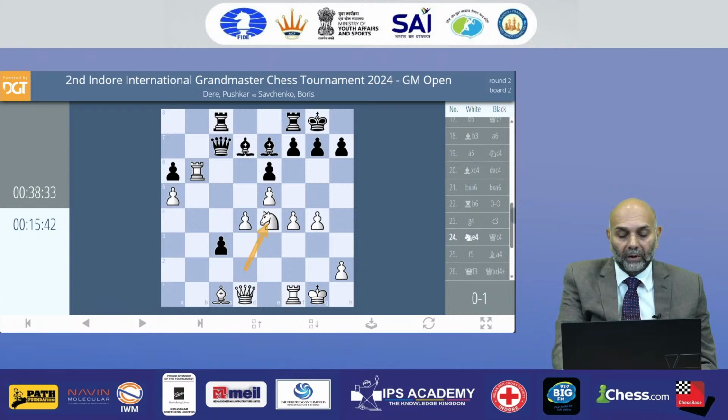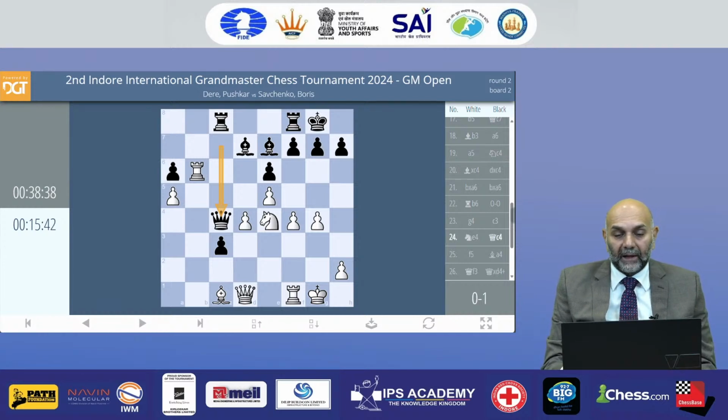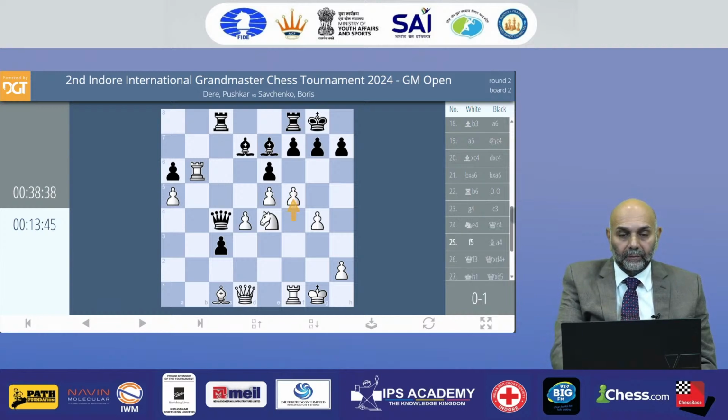to give some initiative without really allowing white's attack to get started. As you can see, black has already made its way through to white's camp. The bishop is going to come to b4, and the other bishop is going to come to a4. The bishop is coming to b5, attacking the rook. The black queen, rook, bishop, particularly the d7 bishop, are ready to hit at white's camp, whereas white has no target.